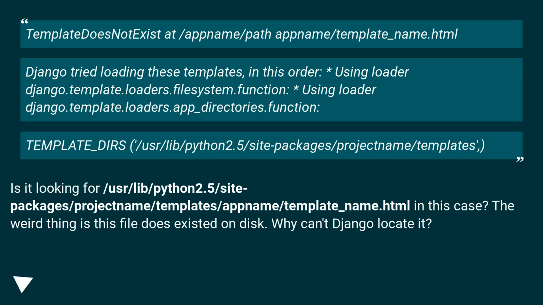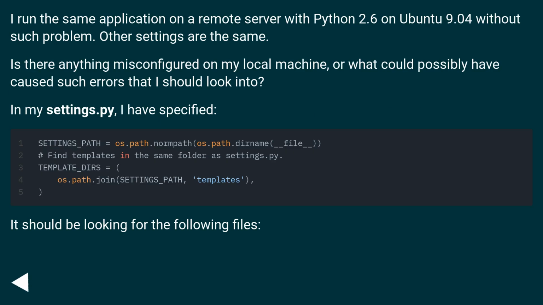The weird thing is this file does exist on disk. Why can't Django locate it? I run the same application on a remote server with Python 2.6 on Ubuntu 9.04 without such a problem. Other settings are the same. Is there anything misconfigured on my local machine, or what could possibly have caused such errors that I should look